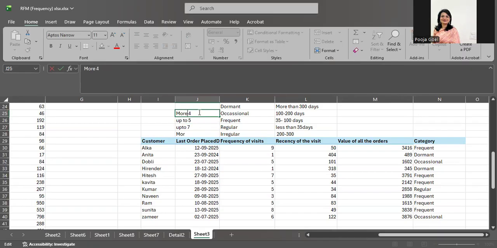Up to means till that range. And maybe dormant is just 1 visit, and up to 3 maybe. So you can make any such kind of categorization, and it will depend upon the question, on what basis they will ask you to make this category.